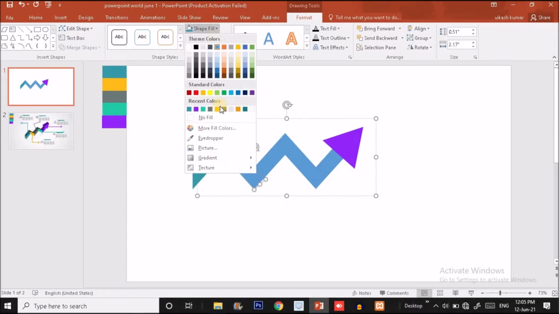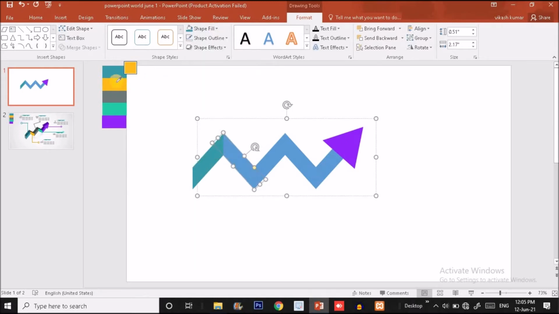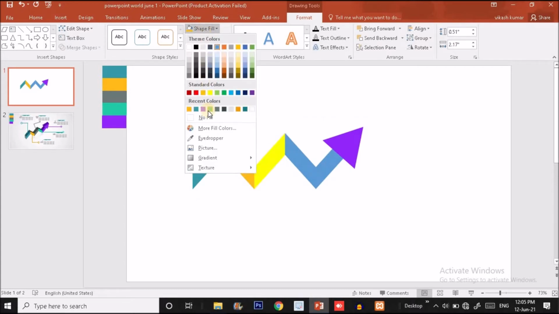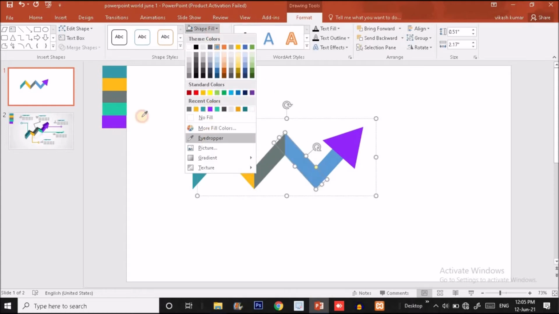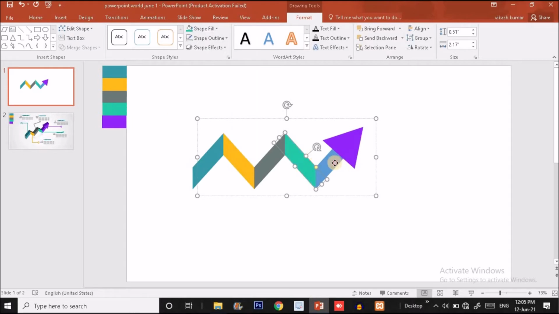For this shape, I'm using this orange color. For this shape, I'm going to use this gray color. For this shape I'm going to use this color.